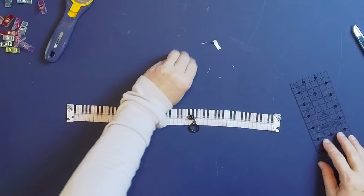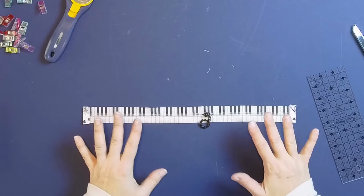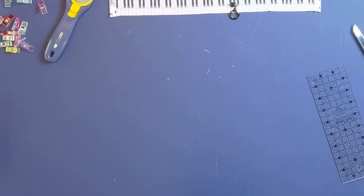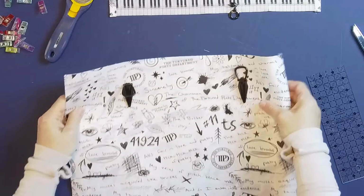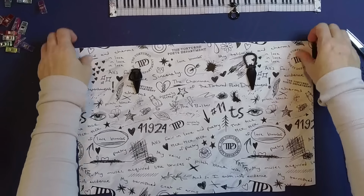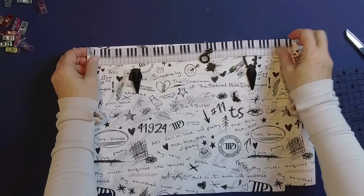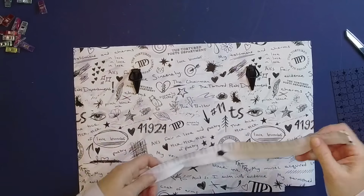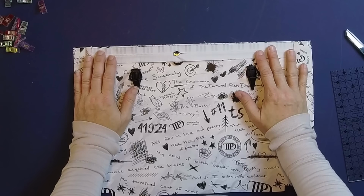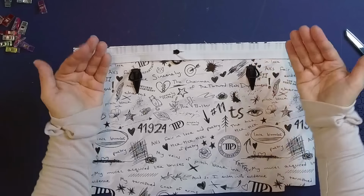All right. Okay, now we're ready to start putting this together. So we need to grab one of our main exterior panels, and we're going to lay that down right side up. And then the zipper tape, we are going to flip it over and attach it right side, so teeth side